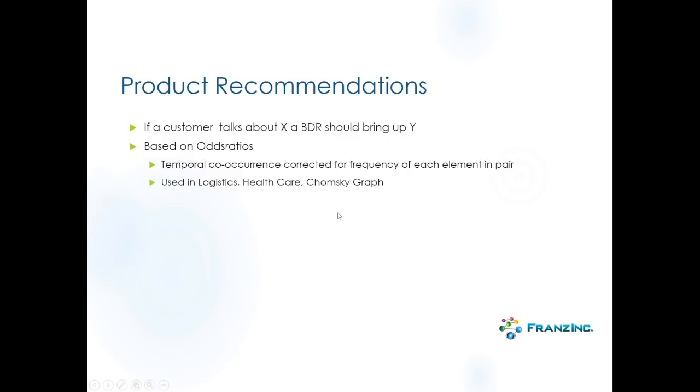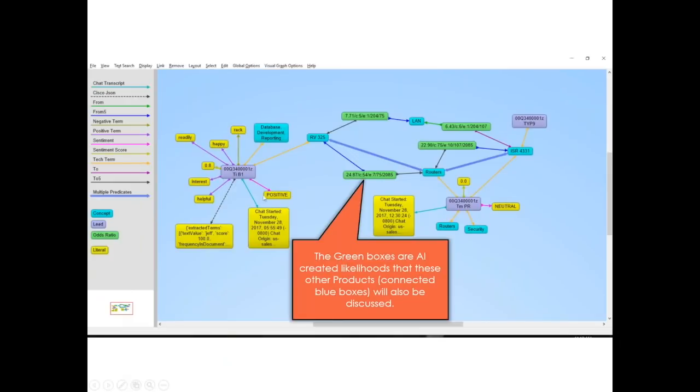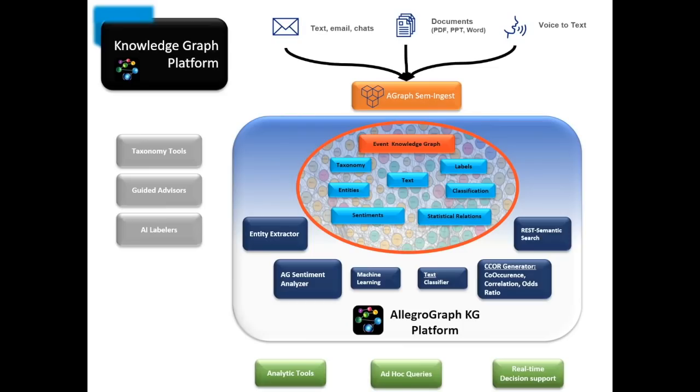And I actually already talked about product recommendations just now, where we say if a customer talks about X, then you know it's better that the BDR talks about Y. And I just, in my demo, showed a little bit about that. Yeah, so I showed you this. There's a particular talk. We talk about this router here. Well, if I talk about this, I'd like to talk about that, and I also like to talk about that. Anyway, this is, again, helpful for product recommendations. So this is a whirlwind tour of what we do within the call center.